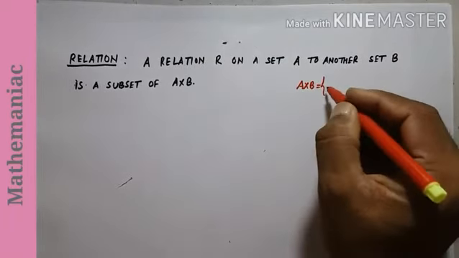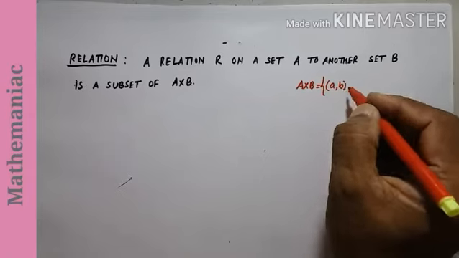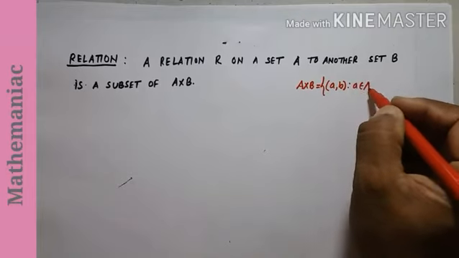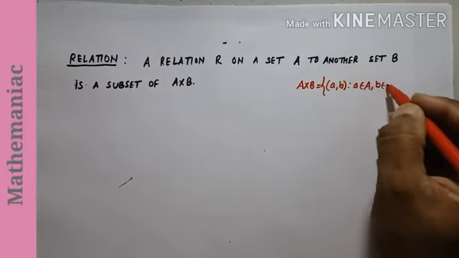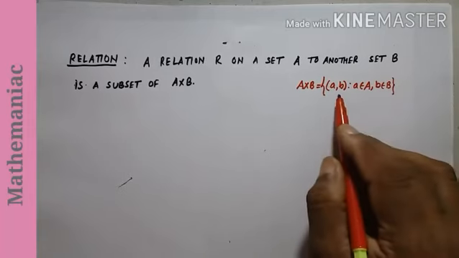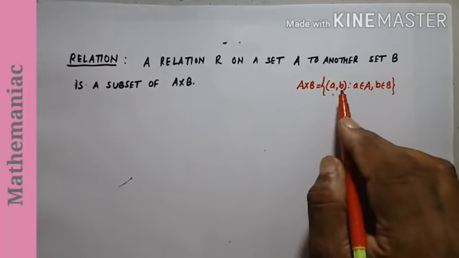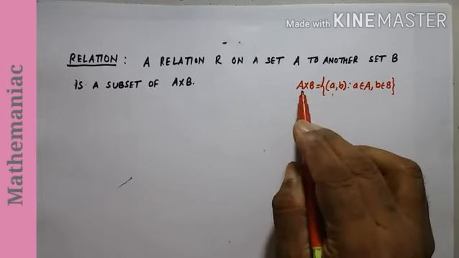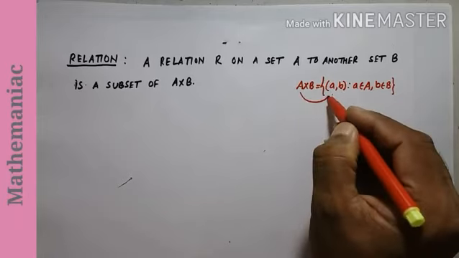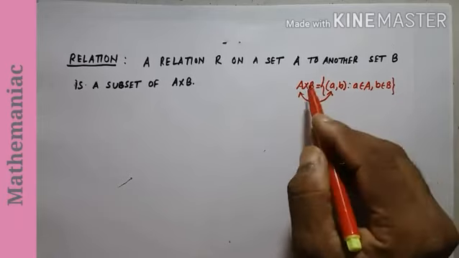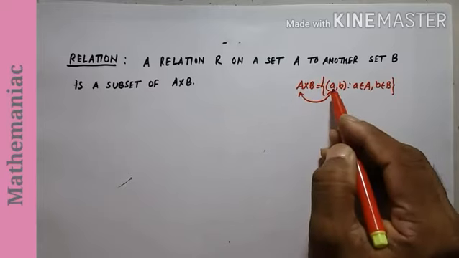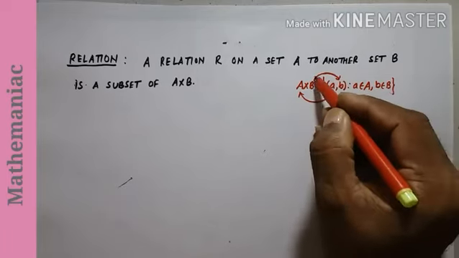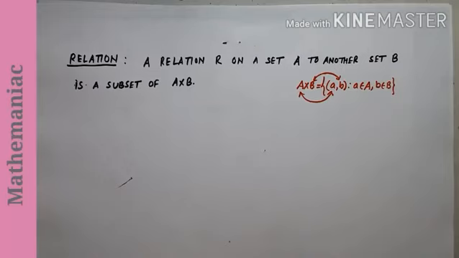A cross B in terms of set builder form, we can write like this: all ordered pairs of the form (a, b), where a belongs to capital A and small b belongs to capital B, right? And these are ordered pairs. Why ordered pairs? Because remember, as you have written A cross B, this a should always be taken from this A only, right? There should be corresponding places here. If you have started with A here, then this element a must be in the first place. Similarly, this b should be in the second place. That is very, very important to note, right?